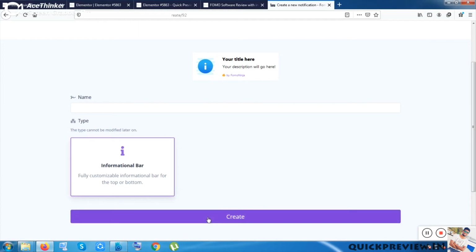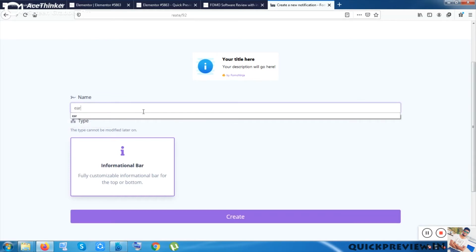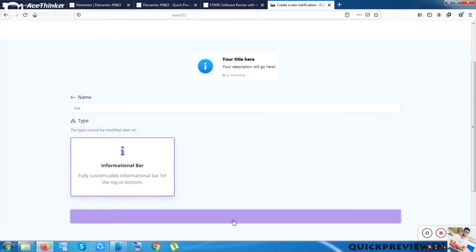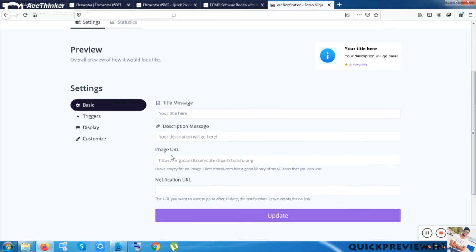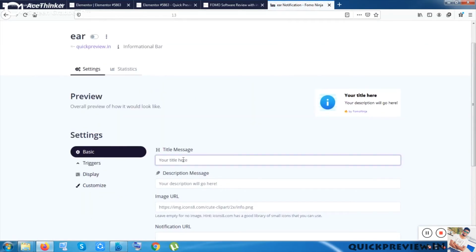Inside the informational bar, let me click on create. I have to put in a name. Let me put here, one time for once. Now I have to put my information here. Let me put a limited sale or something like that, which will be the informational text.